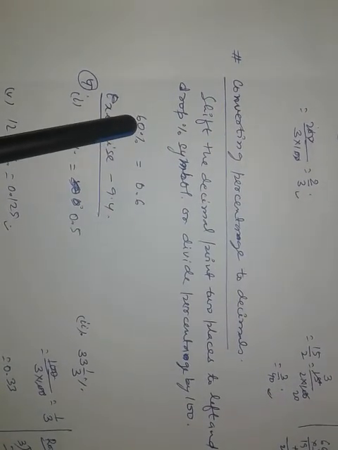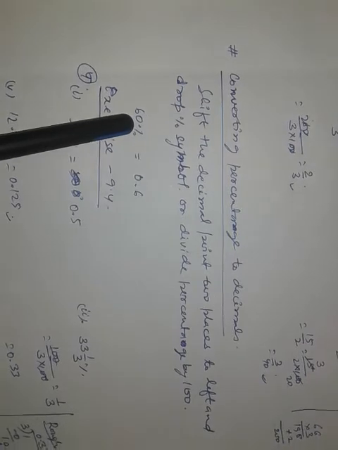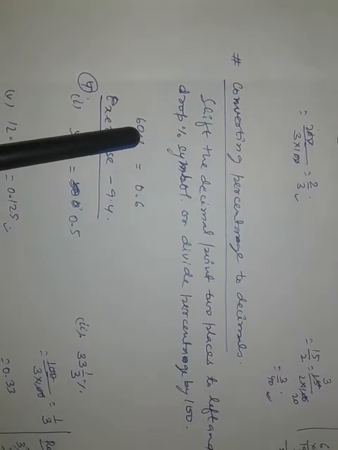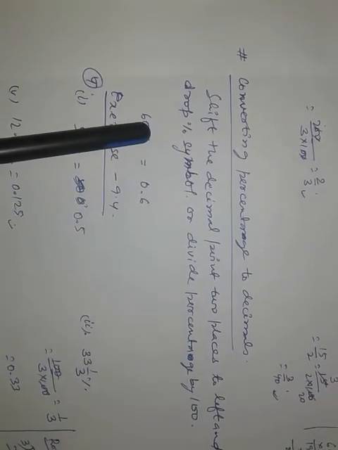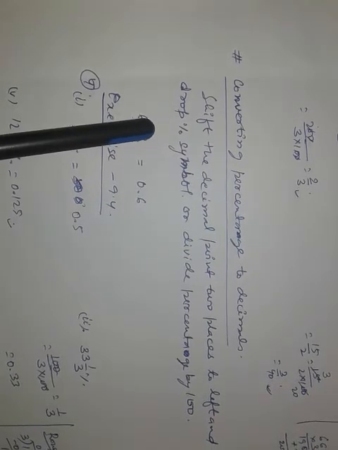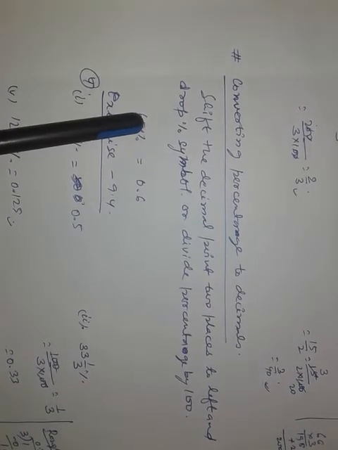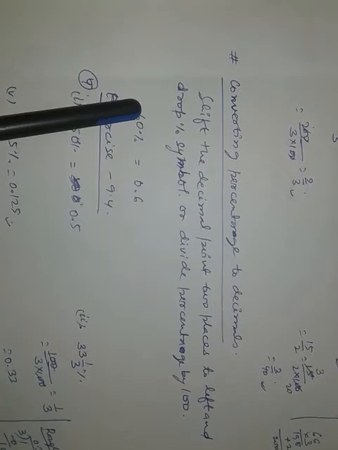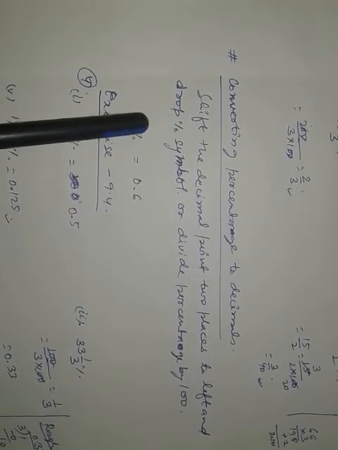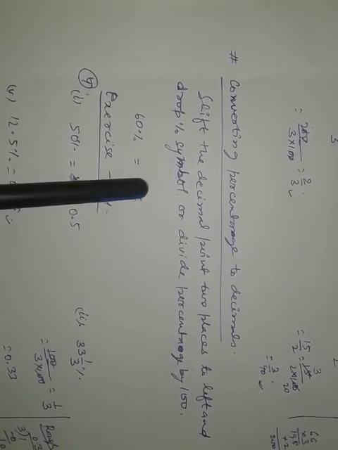So we have to simply shift the decimal point to the left. If you see here there is no decimal point, where there is no decimal point, it is after the number, meaning after 0. So we move this 2 places, after 0 and 6, and then before 6. Now between 0 and 6 and before 6, so it becomes 0.6.